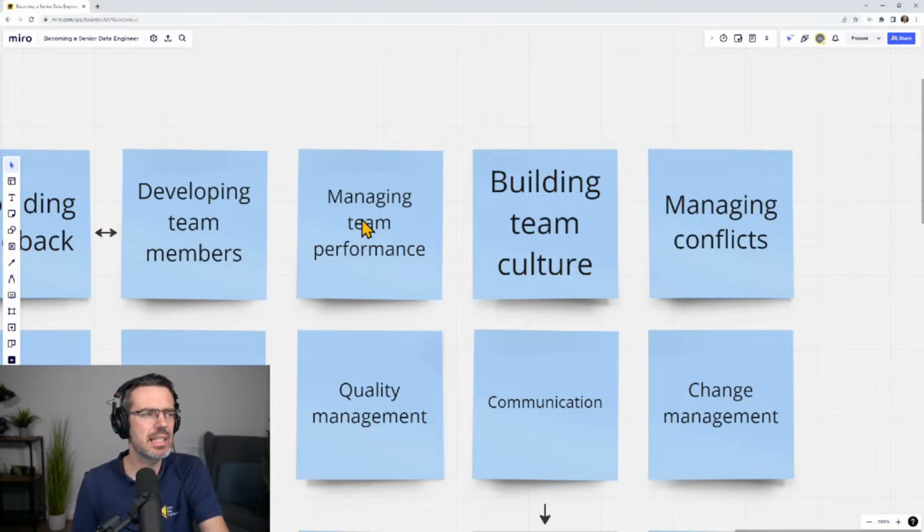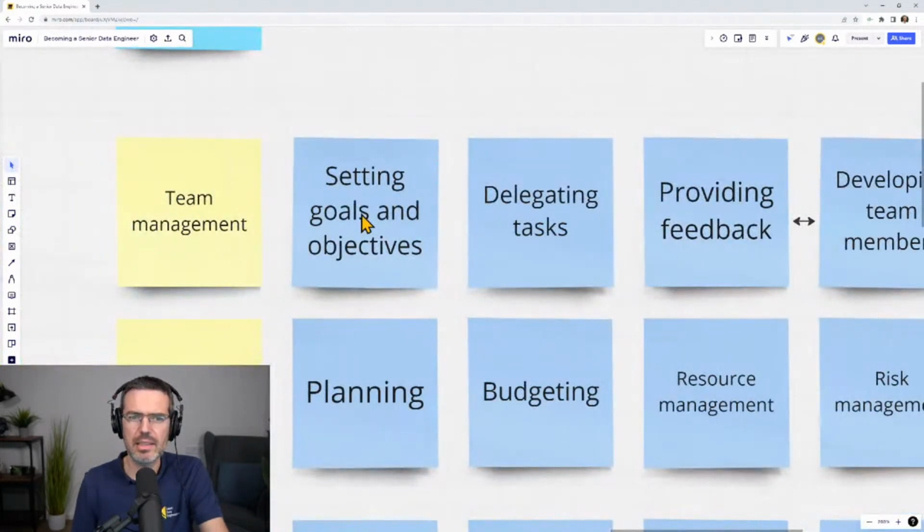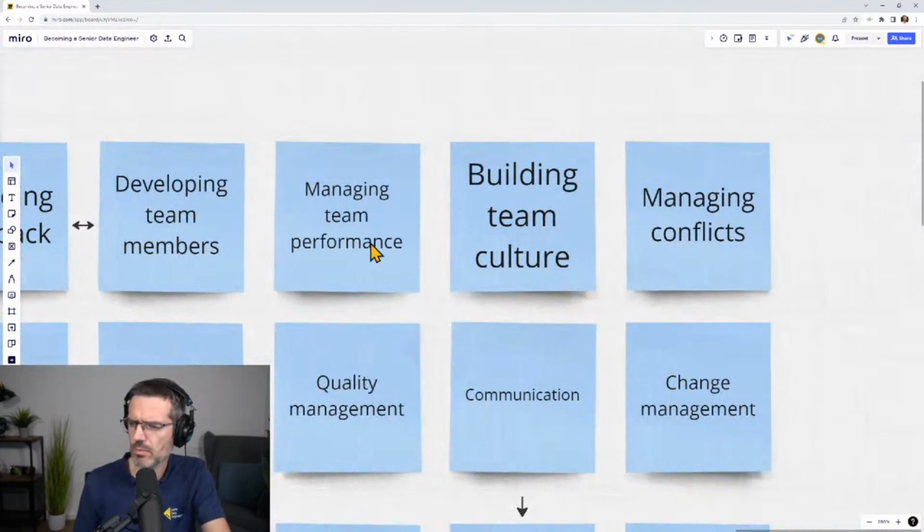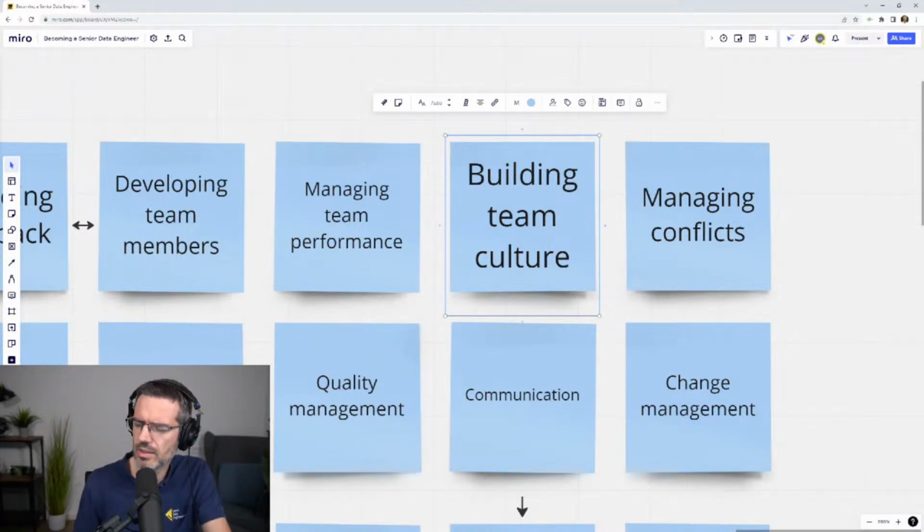Performance, I would say, is geared towards the actual technical performance, the performance of being able to reach the goals and fulfill the objectives. That's how I think this fits here. Building team culture, that is more of a senior engineer should be able to create a positive team culture that encourages collaboration, innovation, and continuous learning.